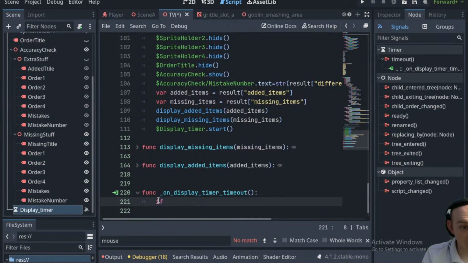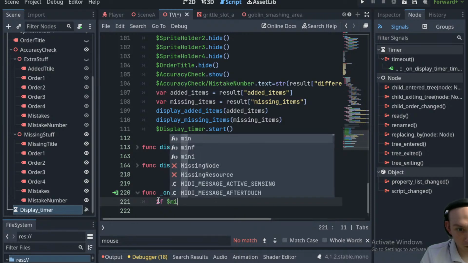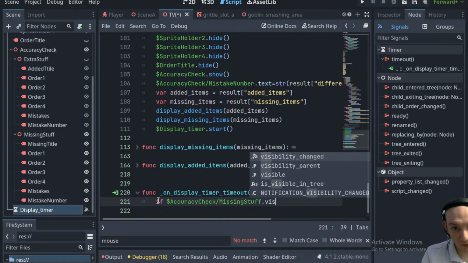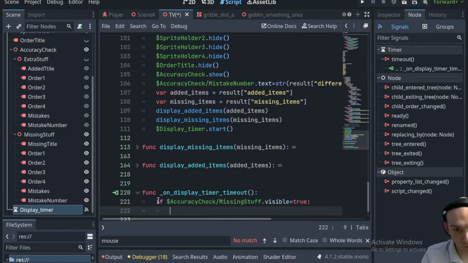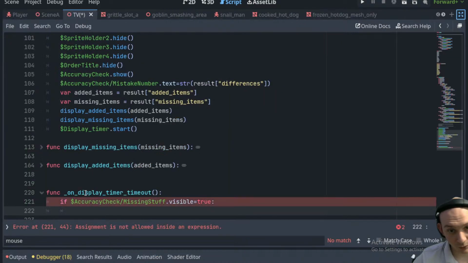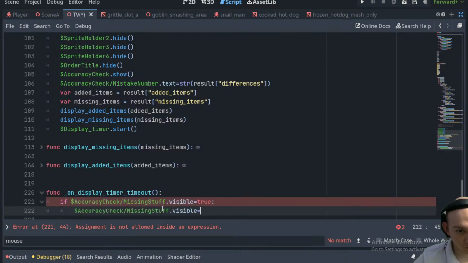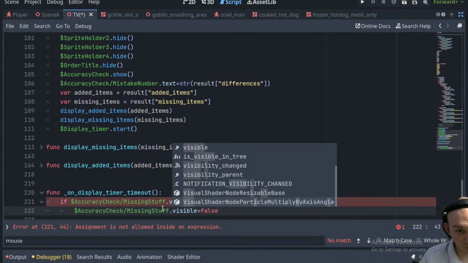So if missing stuff dot visible equals true, then we'll set it equal to false,